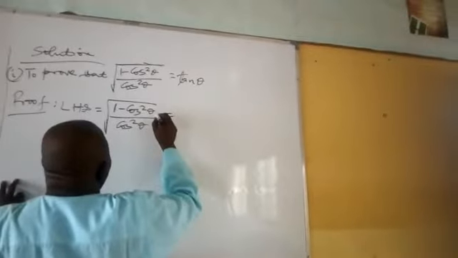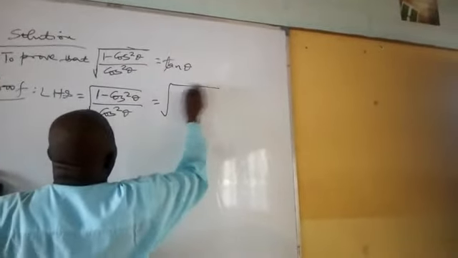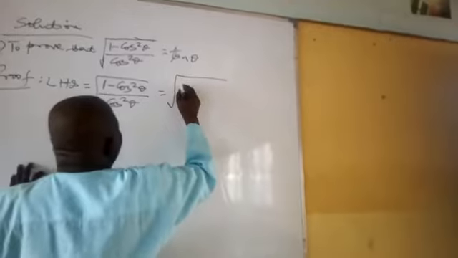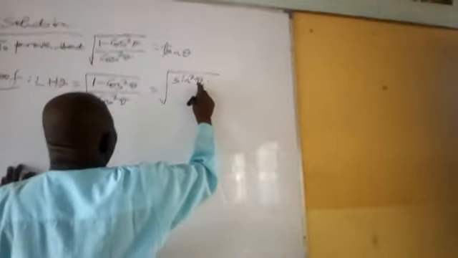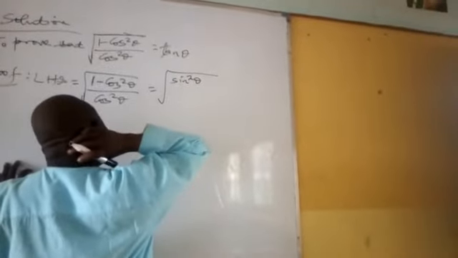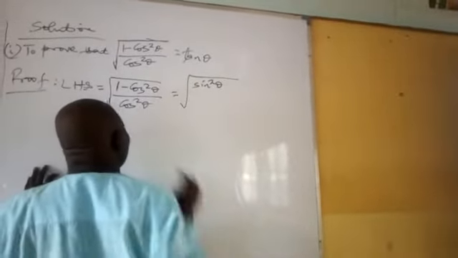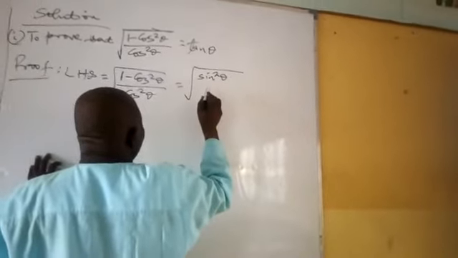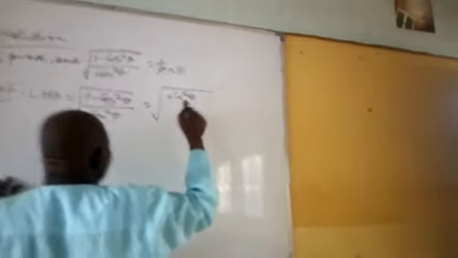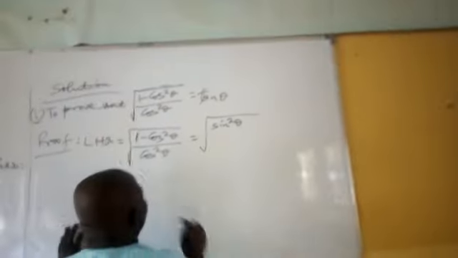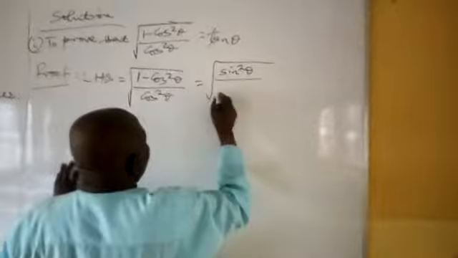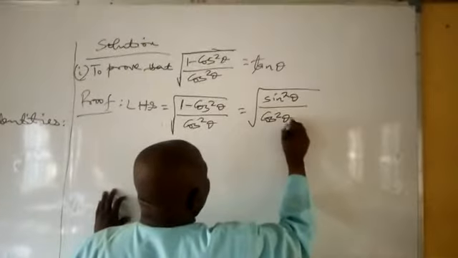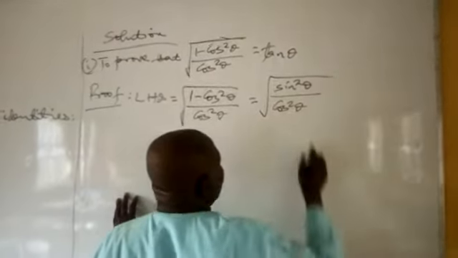Now, 1 minus cos square theta is equal to sin square theta. So I replace 1 minus cos square theta with sin square theta, because from our second formula, sin square theta is equal to 1 minus cos square theta, if you make sin square theta the subject of the formula. So we have sin square theta over cos square theta,